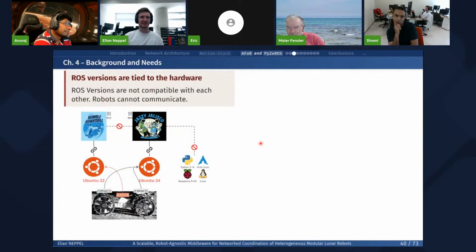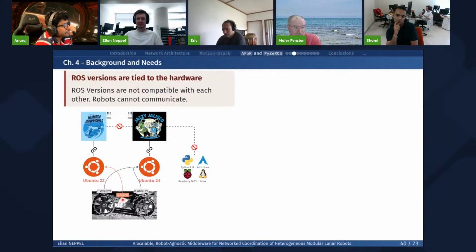And second problem that we faced, that is very specific to ROS this time, is that the ROS version is tied to the hardware. So for example, we have one of the wheels of our robot that needs Ubuntu 24 because the motor driver needs that. And we have one of the arms that needs Ubuntu 22. Now, those two Ubuntu versions have different versions of ROS, and those two versions of ROS cannot talk between each other because they are incompatible. And then, even though those robots run on the same Wi-Fi network and that they can send TCP/UDP packets to each other, because we use ROS, now they cannot talk to each other any longer, and we cannot use them in the same assembly, which for us was a huge problem.